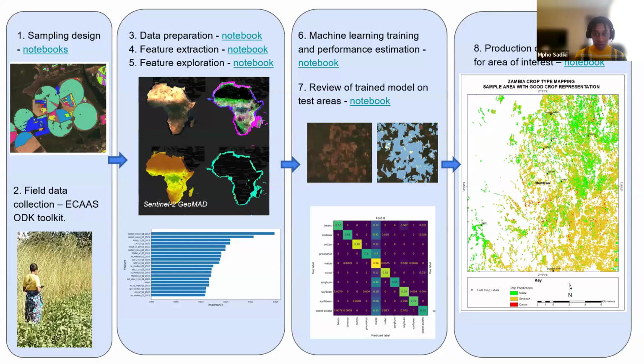After collecting the data from the field in step 2, we come back into the sandbox, and this is where we start to see the power of cloud computing, because after you've prepared the data, making sure you've removed any data that has missing values, making sure your crop types are specified properly, you move on to the feature extraction. The feature extraction and exploration here is managed by 2 notebooks, which involve extracting relevant features from satellite imagery, which will be used as input for our machine learning models, and exploring and understanding the features to optimize